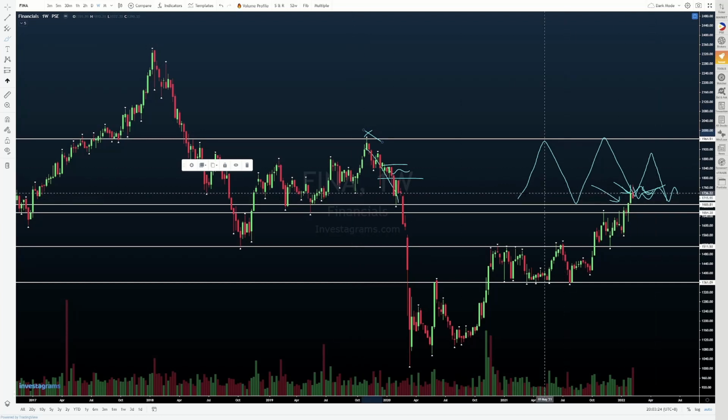So, ang tinitingnan ko na yes, we are likely to experience resistances on the way up, assuming magpatuloy itong uptrend na to. But yung next na solid level talaga will be itong 1964 for me, at least based on this particular time frame. Okay? Now, kung from here naman, baliktad, we break down, we don't only break beneath tong area na to,